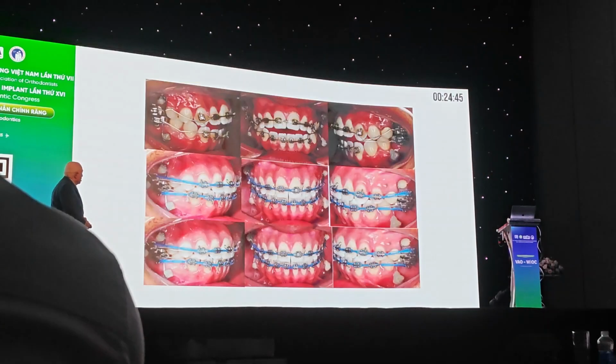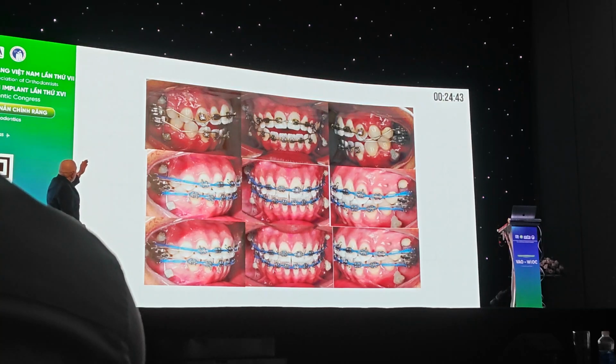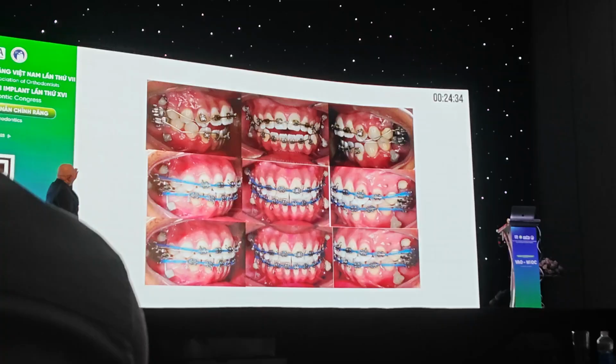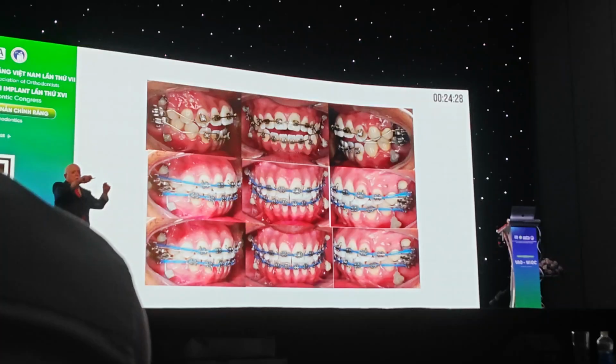Okay, take a look at it. So now what we have done is, we have indirect anchorage from the TAD, extrusion arch, it's going into the molar tube, no effect on the molar, we are going to bring the anterior teeth down. So take a look at all that curvature, occlusal plane is now flattening. So we go here,